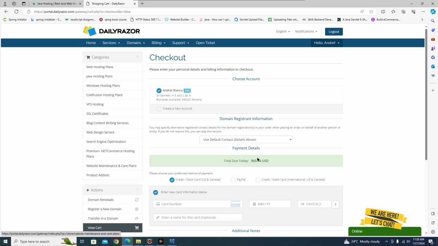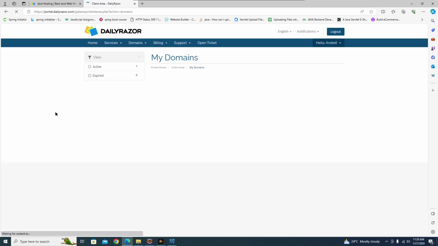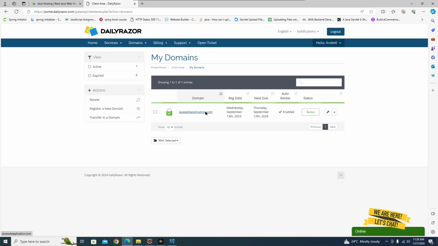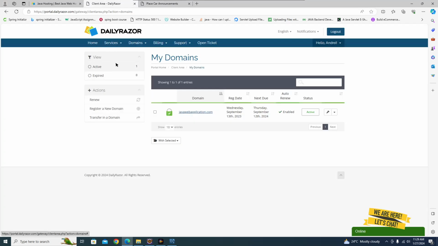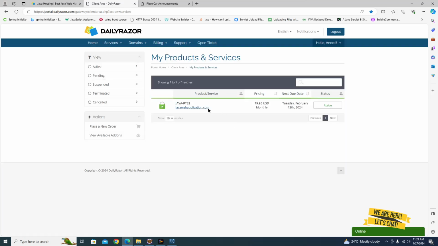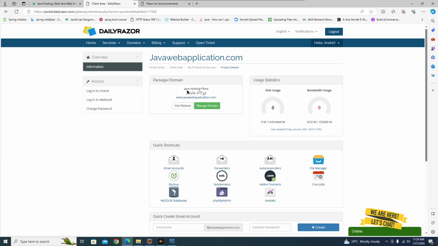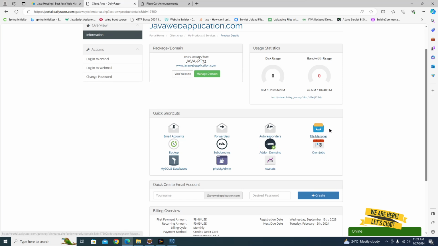After you buy the hosting plan and domain, you just go here to my domains, and click here on your domain name. This is the actual website. And if you go to my services and click here on Java PT32, for example, the Java web hosting plan,